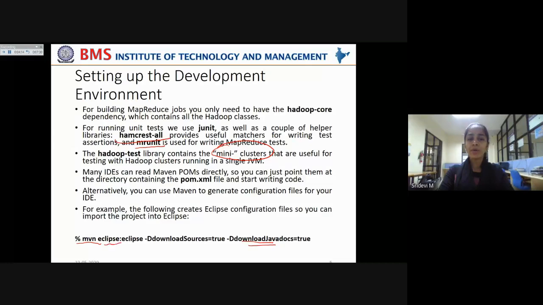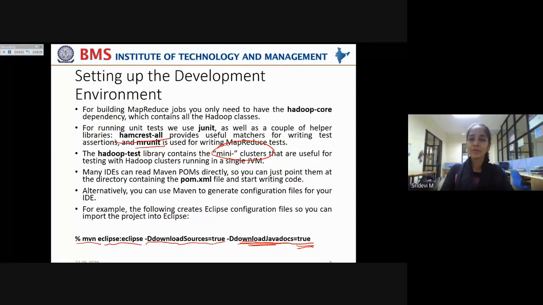Because you are importing it into the Eclipse environment, we use eclipse:eclipse -DdownloadSources=true, which means it will download all the source files required for building that project. And -DdownloadJavadocs=true is also set, so that Java docs are downloaded, and you can also associate unit tests with the MapReduce programs.